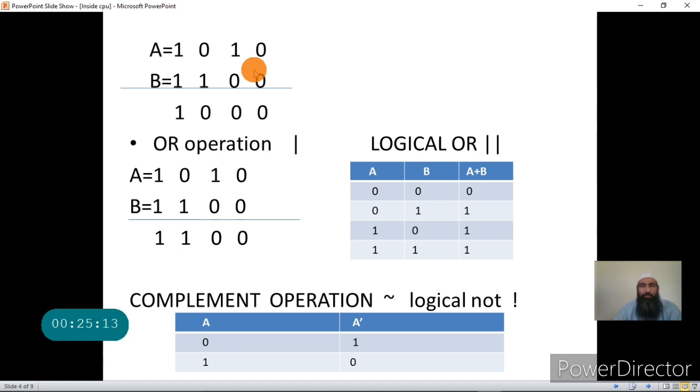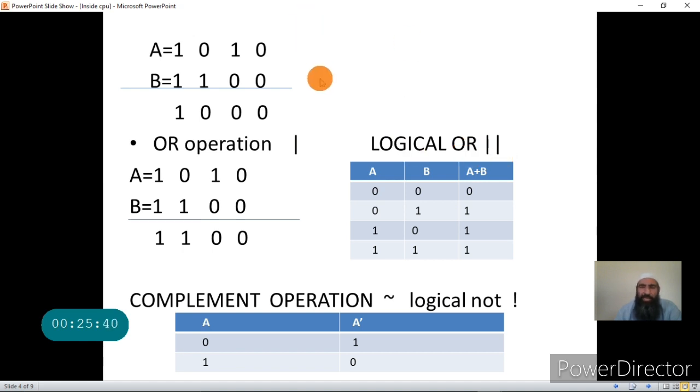Now you should remember this example, and the same example you can use for the next operation, that is the OR operation. Now how is the OR operation performed? First, again, the OR operation is of two types in C. One is the bitwise OR and another is the logical OR. Bitwise OR is represented by a single vertical line on the keyboard. We call it the pipe operator. And then logical OR is represented by two pipe operators.